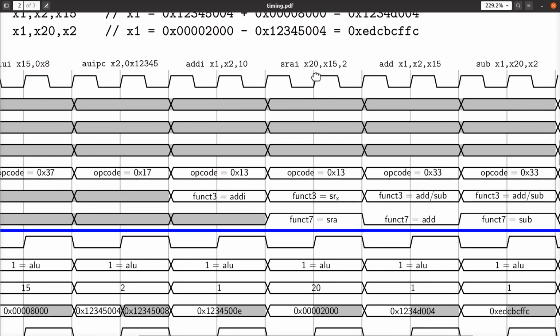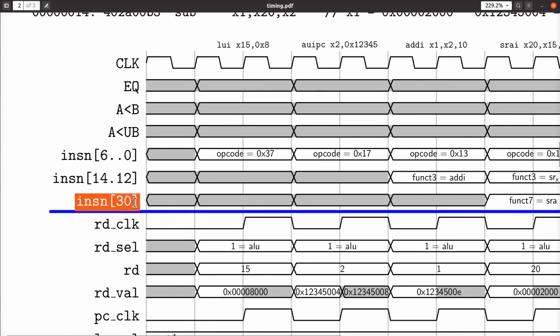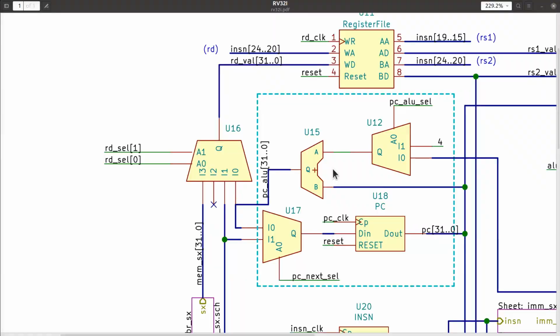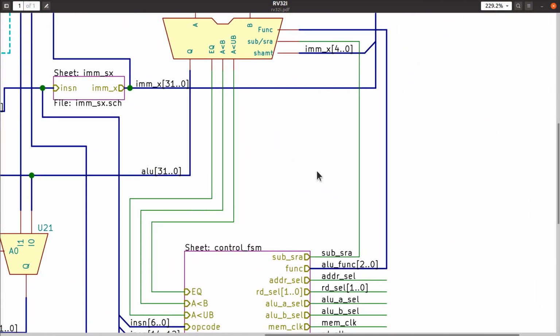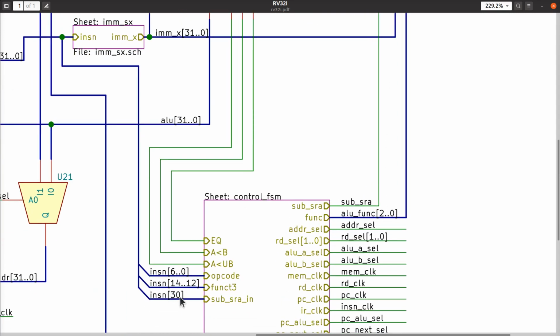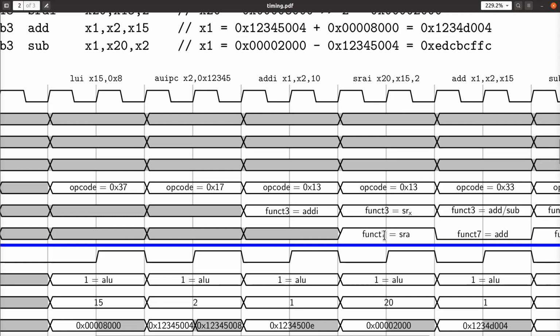You can imagine the shift right arithmetic immediate, all these other ones. It's just more and more of the same. When we want to shift it right arithmetic, we do now have a bit in the instruction, bit number 30 over here, that tells us whether it's supposed to be arithmetic or logical. And we propagate that bit into the ALU down here, okay? We get it out of the instruction down here, bit 30. This state machine propagates it up and through to the ALU up there. So in order to be arithmetic, it has to be high. Otherwise, the ALU would not shift it while extending the sign bit to the right to do an arithmetic shift,